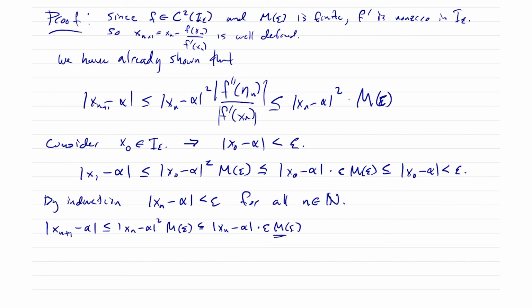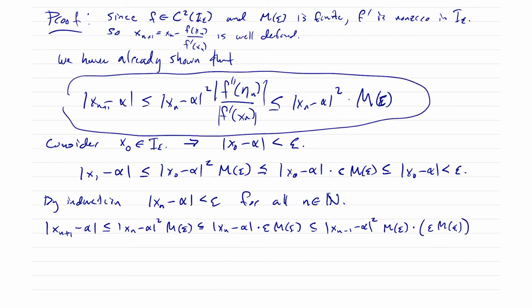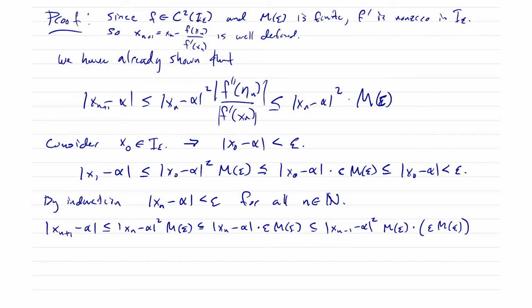And so now we know that this is less than epsilon. So then we can keep iterating this, and we get xn minus 1 minus alpha squared times m epsilon times this term that came from the last one here. So we keep reusing this quantity, and now we went from xn plus 1 to xn, and now from xn to xn minus 1,